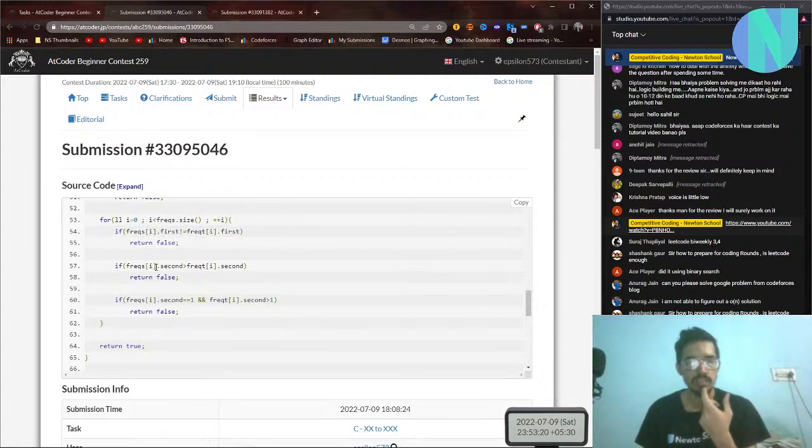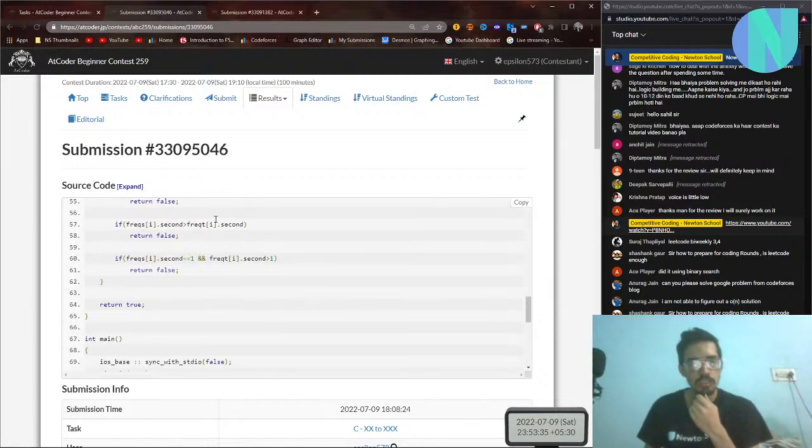Otherwise, if in string s the number of letters at that segment are more than in t, because in s you can increase letters but you cannot remove them, then the answer is again impossible. The second case is if the frequency in s is equal to 1 and in t the frequency is more than 1, because you at least need 2 letters in s to increase the frequency. So if there is only 1 letter and the frequency in t is more, then the answer is again false.